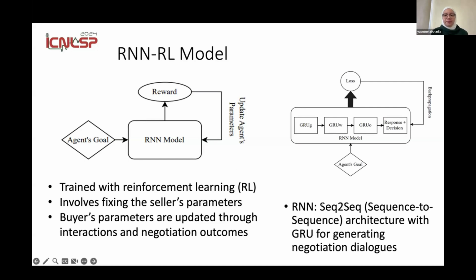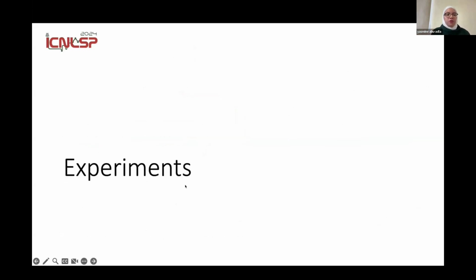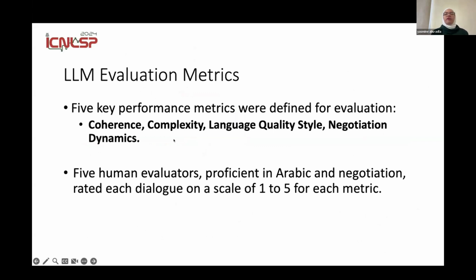So after the RNN-RL takes these structured inputs and is trained on the history, the item values, and the agent preferences, we're able to optimize the outcome using reinforcement learning, where of course we have a reward function and an optimization goal that we want to reach. So moving to the experiments conducted, in order to evaluate how well the large language model did,